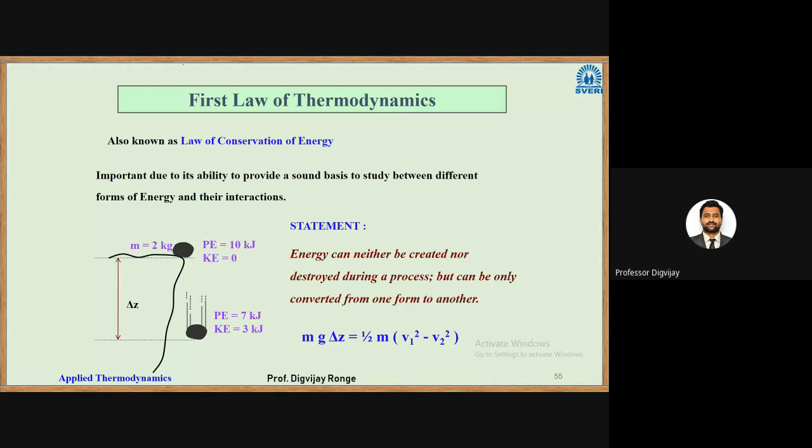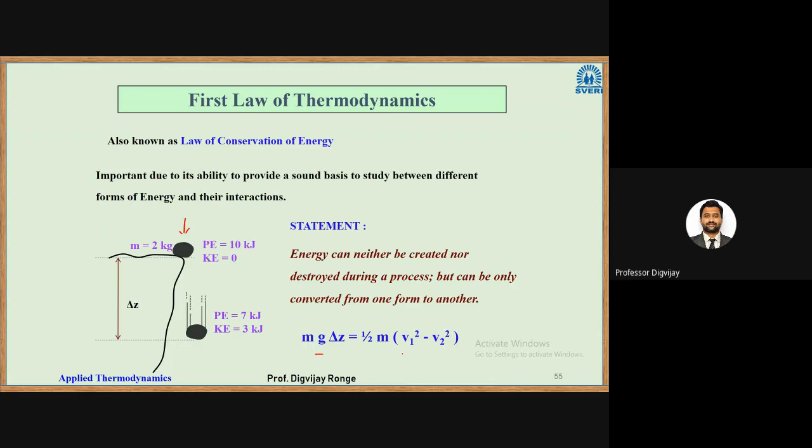Okay. So there is an example given. There is one stone at the edge of the cliff here. So some amount of potential energy is stored in that stone. Now when the stone falls from that cliff, what is happening? Potential energy decreases and its kinetic energy increases. That means some part of the potential energy is converted into kinetic energy. But the total energy content remains constant.